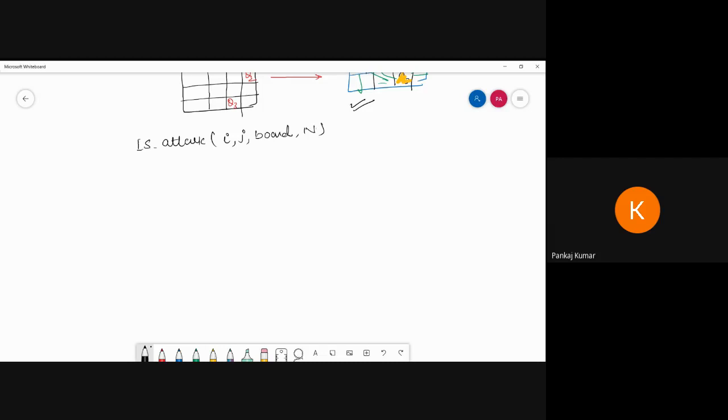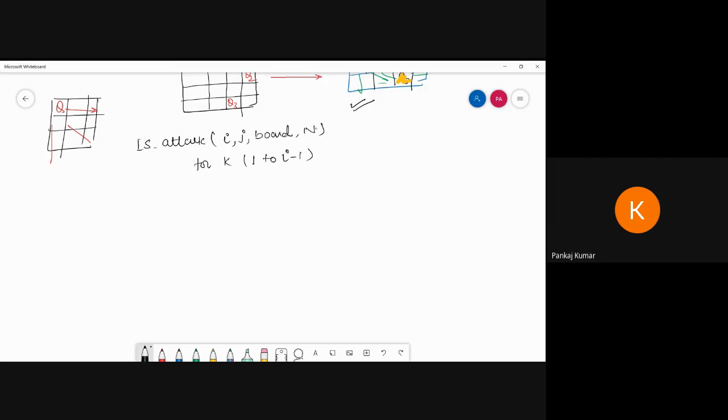And here I'm going to check the column j, because if you put the queen in a row, we can put the queen in a row, so no need to check the row, only check the column and only check the diagonal elements. Okay, so I'm going to check this one row. So for k, it will be a start. That is a pseudo code I'm writing. Where will k start? 1 to i minus 1.